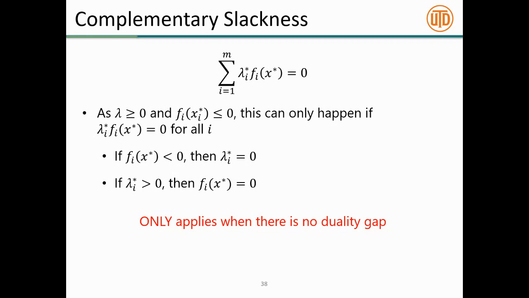So we were finishing up some discussion about duality. We saw an example of another nice property that we get when there's zero duality gap, called complementary slackness. What complementary slackness says is that if there's zero duality gap and you're at an optimum of the primal and the dual problem, then for every one of the Lagrange multipliers that corresponds to an inequality constraint, either that Lagrange multiplier is 0, or the inequality is strict.